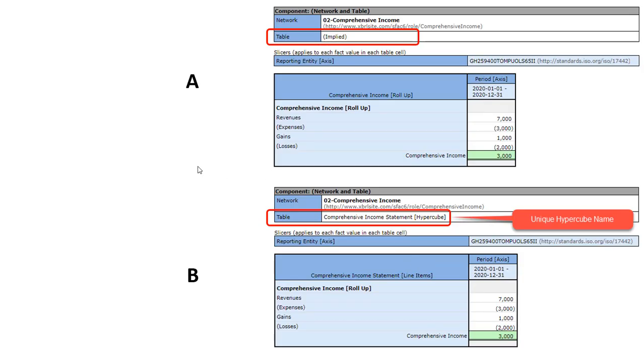So consider the following. Here you have A and B. You have two identical fragments of information. The only difference is that one has a unique hypercube. The other has no hypercube. Both of these could be identifiable, but you can't do it in the same way because this one has a name and this one doesn't have a name. How could you identify this by name? You could use the network. Okay, but here you can see that these have the same network name, but they have different